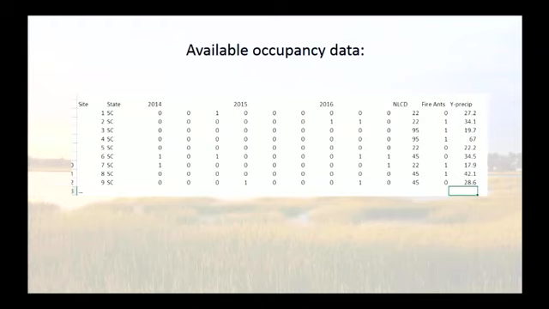So we actually had a ton of data available to us from this Marsh Bird Survey in states like South Carolina, Georgia, Florida, Texas had a lot of data, and they were doing it in Kansas and in the interior as well. So we got these data, which are basically occupancy data, as is shown here.